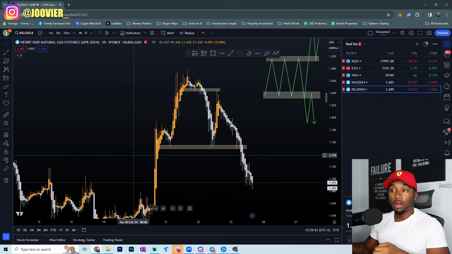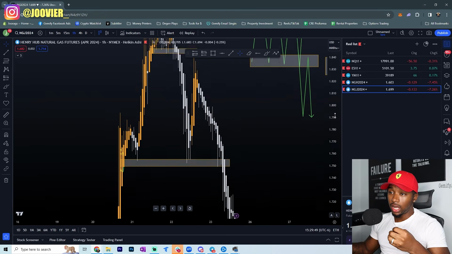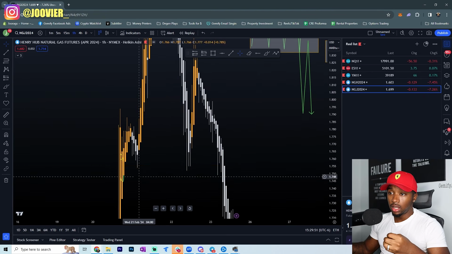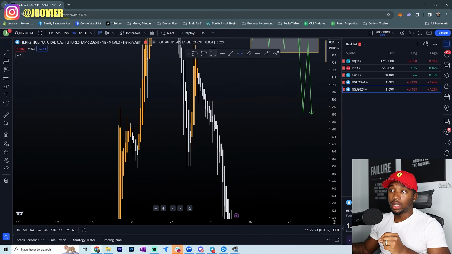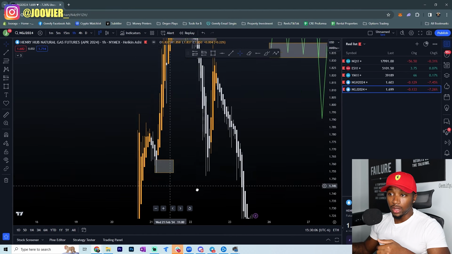So let's say we're on the 1 hour time frame. How I like to draw my resistance or support zones is when I'm on Heikin-Ashi candlesticks. When I'm on Heikin-Ashi candlesticks, I like to take a box and on the lowest candlestick or the highest, depending if I'm drawing a support or resistance zone, on the lowest candlestick, I'll draw it from the